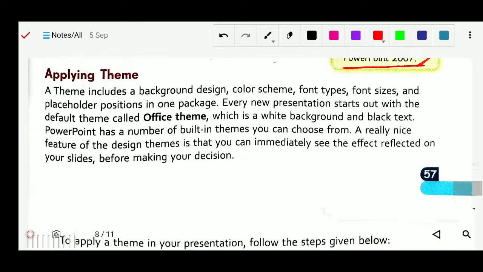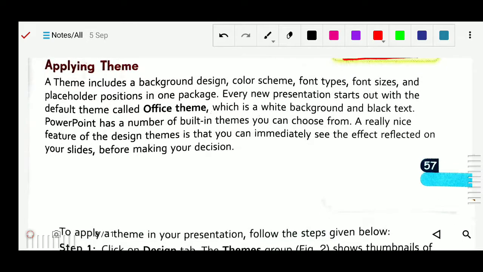A theme includes a background design, color scheme, font type, font size, and placeholder position in one package. Every new presentation starts out with the default theme called Office Theme.